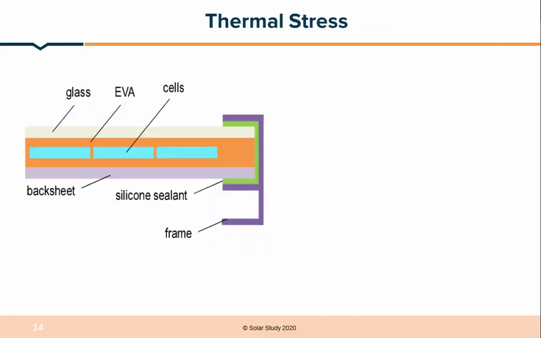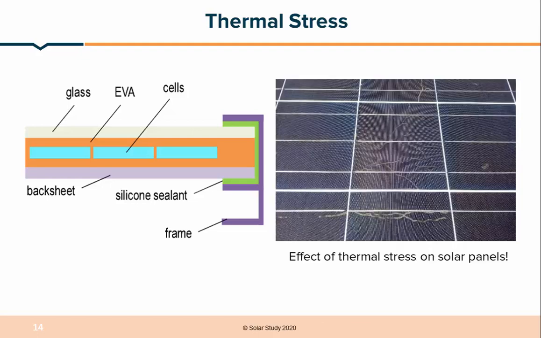There are so many kinds of stress. One is, if we are manufacturing a module and the solar cell and the back sheets are tightly bonded, that will lead to stress. Due to that stress, there may be chances of cracking in the cell. If more heat falls on this stressed solar panel, it will produce this kind of ring effect. This is due to thermal stress. You can also see snail trails on the solar panel. These are all due to thermal stress.